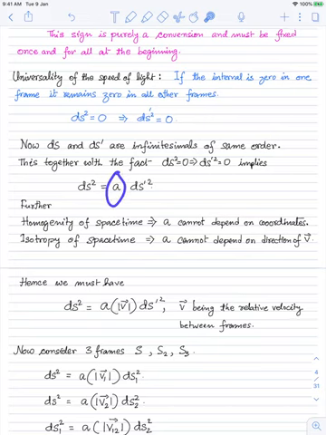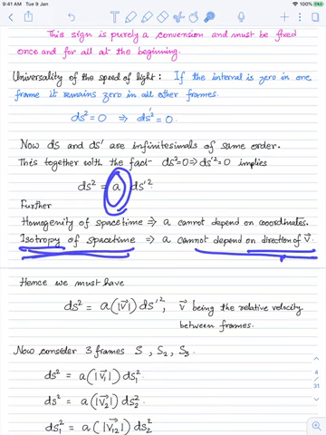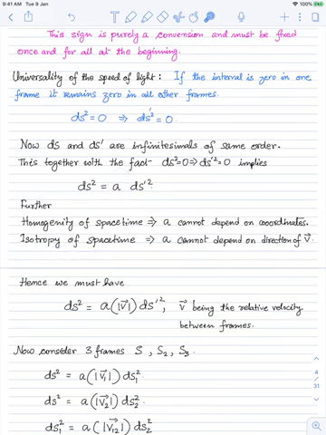So if this assumption is valid for a space-time, then because it's isotropic, it immediately follows that this A cannot depend on the direction of the velocity. Because if it did, a direction would become special, and it would break the isotropy of space-time. So these two things are what I'm assuming for the space I'm trying to represent in both the coordinates, s and s prime. This should be true, and therefore